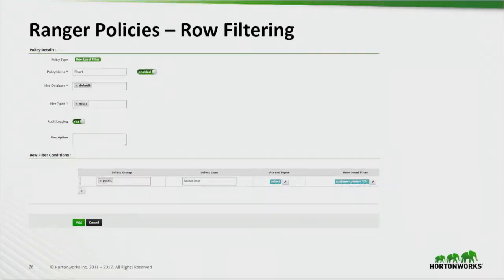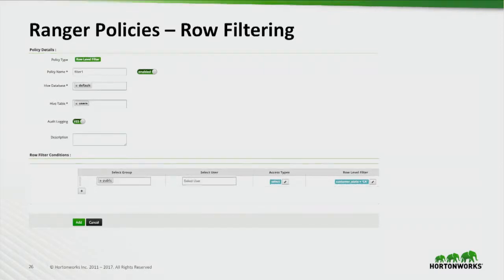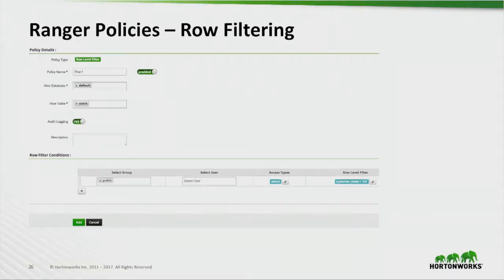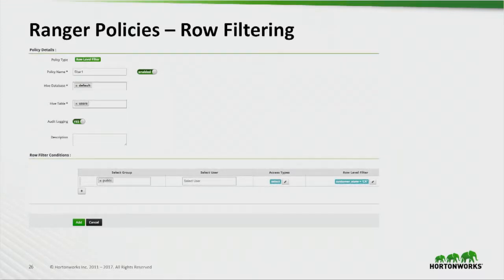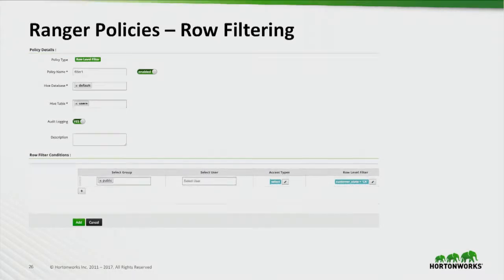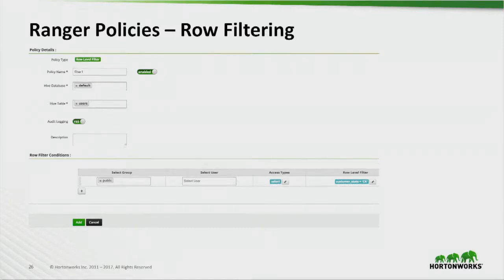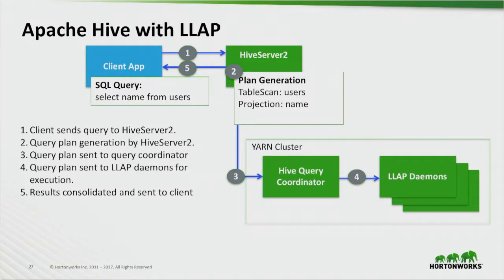Ranger also has row filtering policies, where the user will only see rows that meet the filter condition defined in the policy. For example, only return rows where the state is California. That's all I'll talk about in terms of Ranger, just what policies you can define in the cluster. Now I'll talk a little bit about